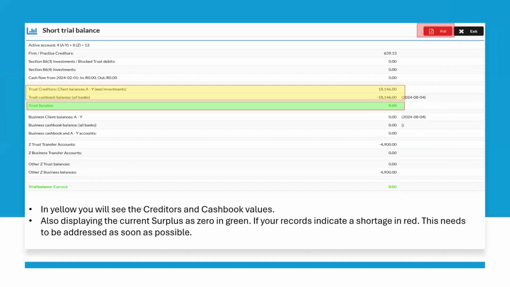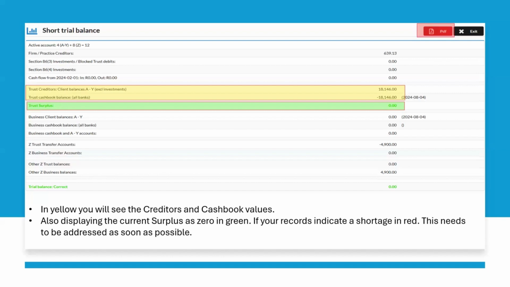So you will see that there is a creditors line and a cash book line. So they are subtracted from one another, and we are left with the surplus value that you see there, which is 0. Never, ever should we see a shortage. We do not want to see a shortage value on this short trial balance. And now you can see the problems that we are dealing with if we have a reconciliation with outstanding items. It inflates the cash book, or it's inflating your creditors, and we can sit with a short trial balance where we might not be able to trust the values because the first part of my process is not 100% clean.